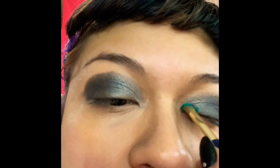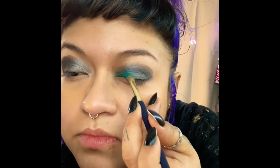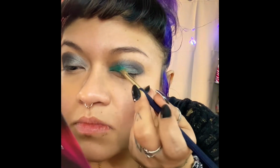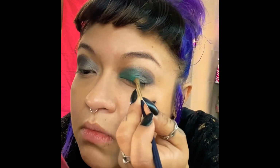Look at that, I'm just gonna go crazy. And I'm gonna do this. I'm beginning the corner and build inward. Darling, darling. So I'm only focusing on this part. Now the other side. Corner and